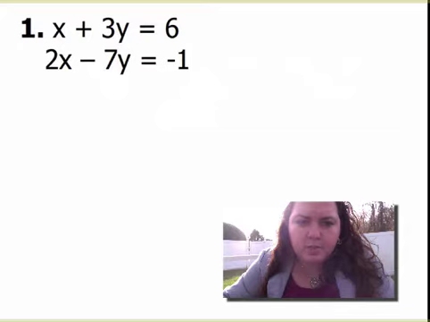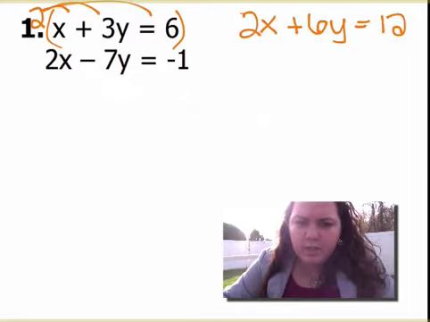I have x plus 3y equals 6, and I have 2x minus 7y equals negative 1. So I have everything lined up the way I need it, but for the x, I have a coefficient of 1 and then a coefficient of 2, and then for the y, I have a coefficient of 3 and negative 7. So they don't have the same, but if I multiplied the first equation by 2, then my x's would both have a coefficient of 2, so I'm going to multiply by 2,